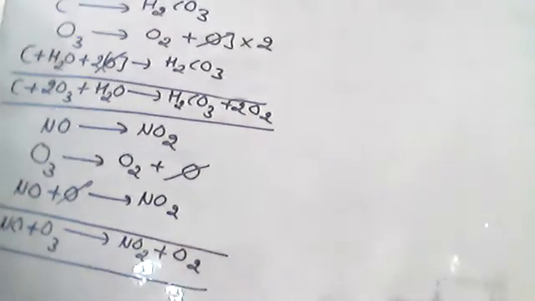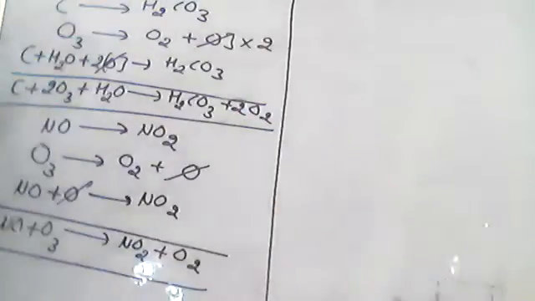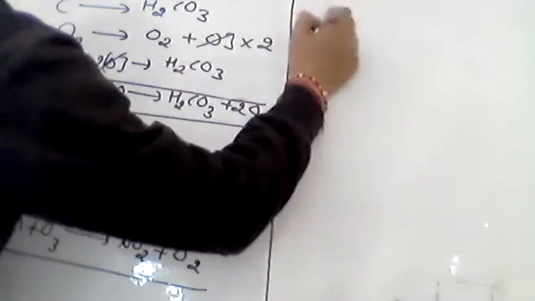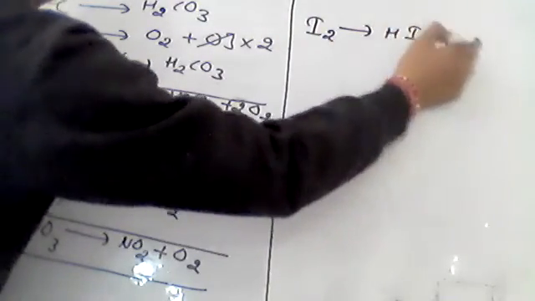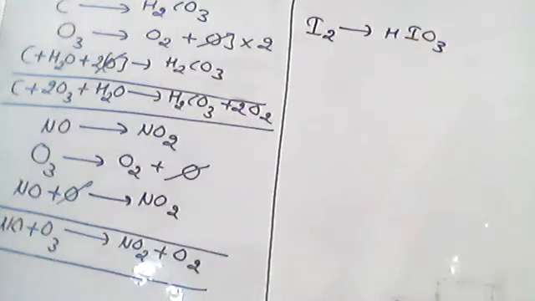Let me go ahead now. We'll go with the next reaction. It combines with iodine to give iodic acid. We did this previously also. Here also we are going to do it, because in board exams you need to have an idea. With more practice you will become comfortable. Just try to convert iodine to iodic acid, I2 to HIO3. Just try to do the reaction.